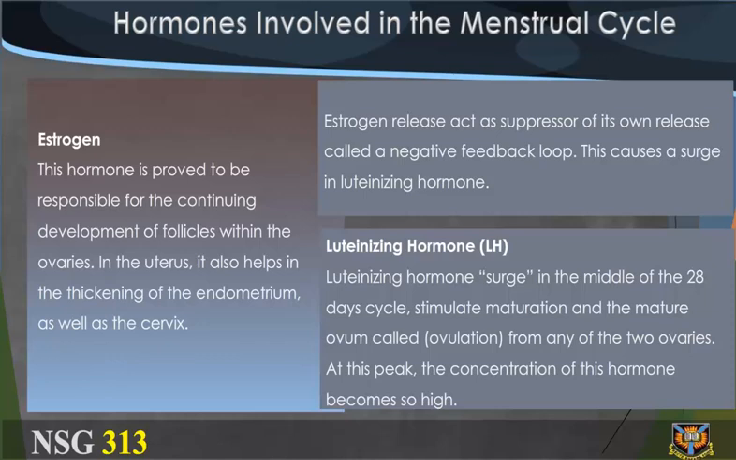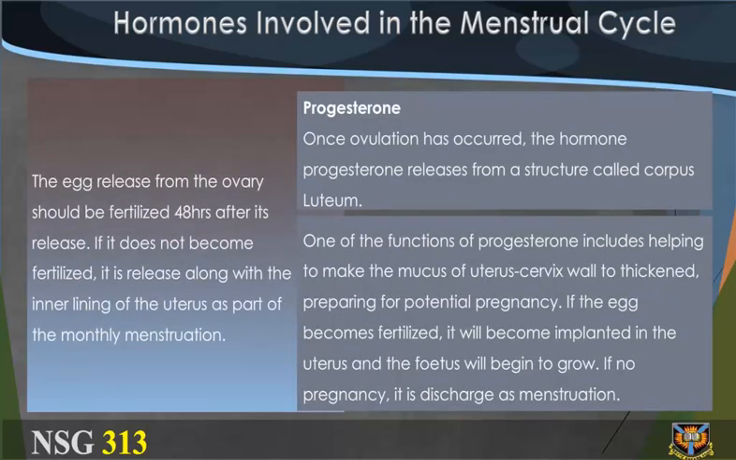Luteinizing hormone, LH. The luteinizing hormone surge in the middle of the 28-day cycle stimulates maturation and release of the mature ovum, called ovulation, from either of the two ovaries. At this peak, the concentration of the hormone becomes very high. The egg released from the ovary should be fertilized within 48 hours after its release. If it does not become fertilized, it is released along with the inner lining of the uterus as part of the